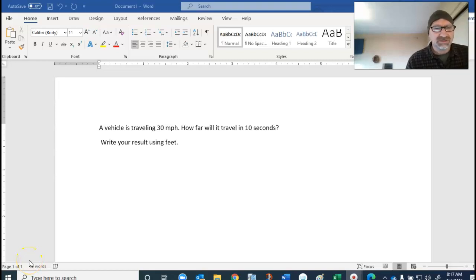This is a distance, rate, and time problem. A vehicle is traveling 30 miles per hour. How far will it travel in 10 seconds? It says to write your answer or your result using feet. So,